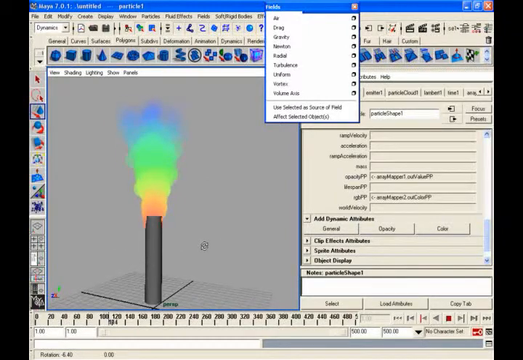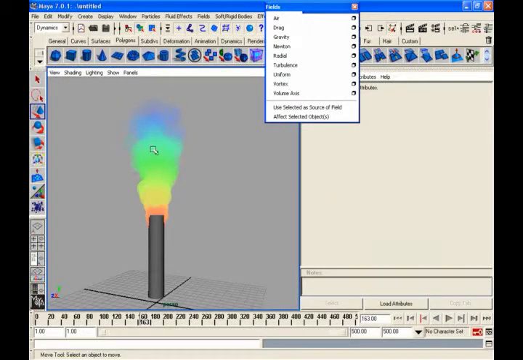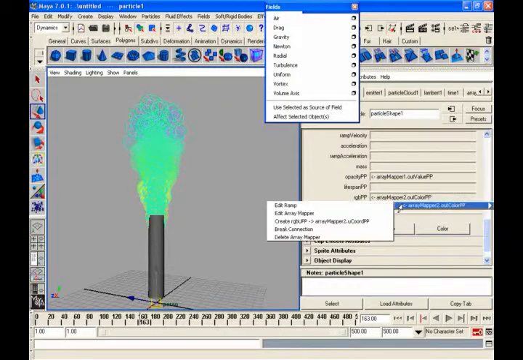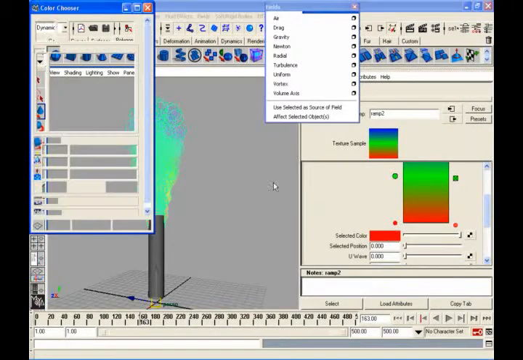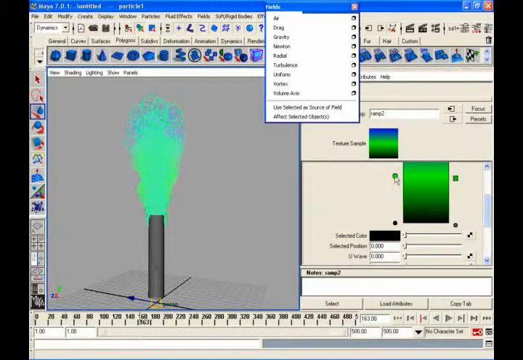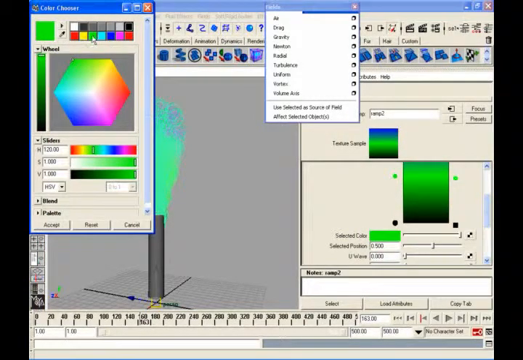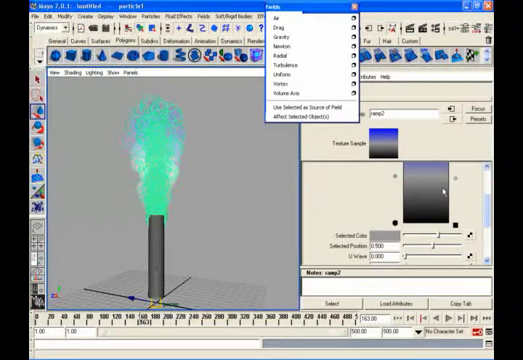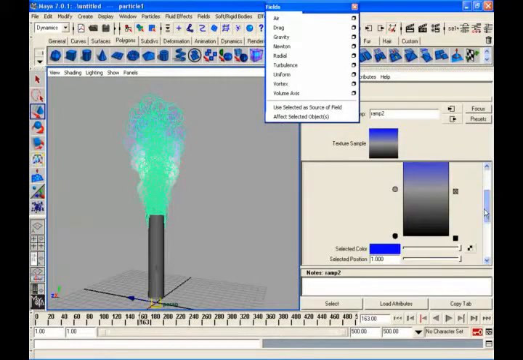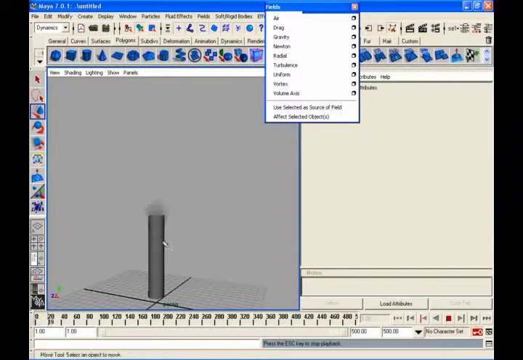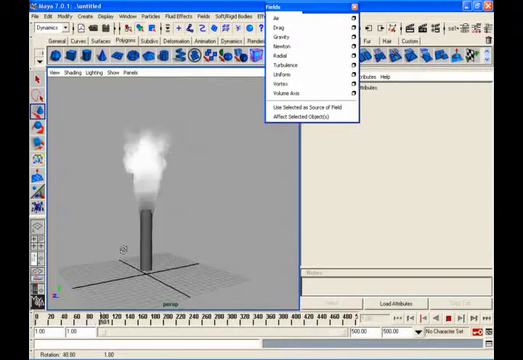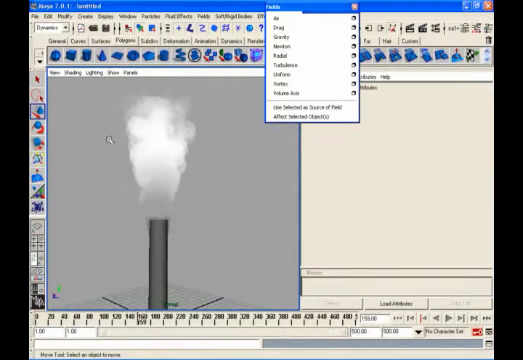So in the down part I'll say I need blackish smoke. While going up, it will go a little bit white and like that. Total white. So maybe you can push this black a little bit more.